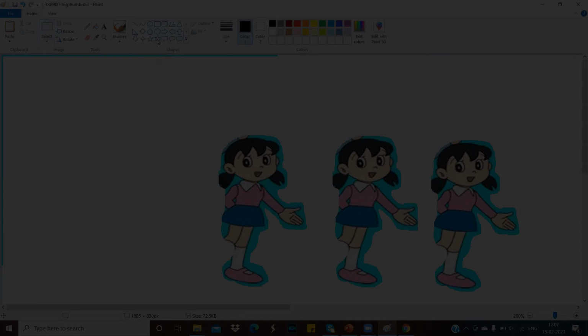When we select a particular shape, we will get two options. The first one is outline, which we can change here. If you want a marker outline, oil outline, watercolor or solid color, when I select solid color, left click the mouse and drag, it will get the outline like this. If I change the color from here, we'll get the shape in this color.